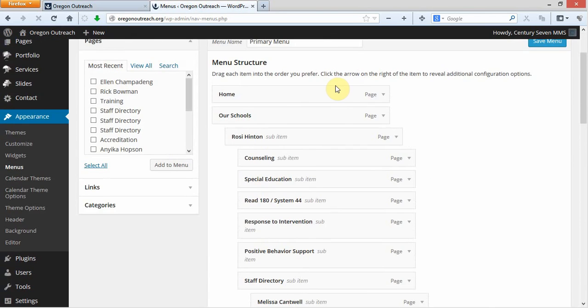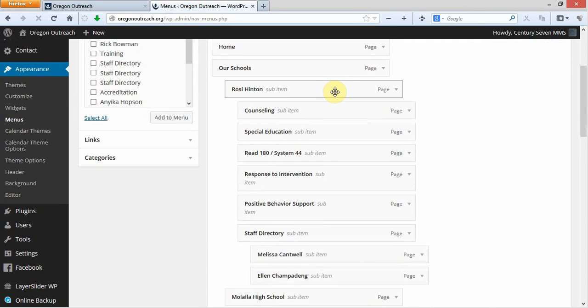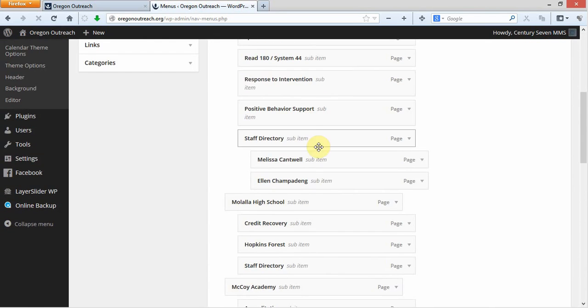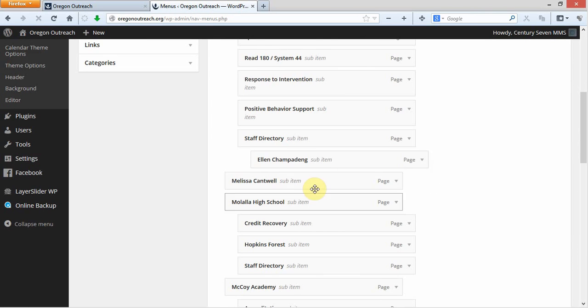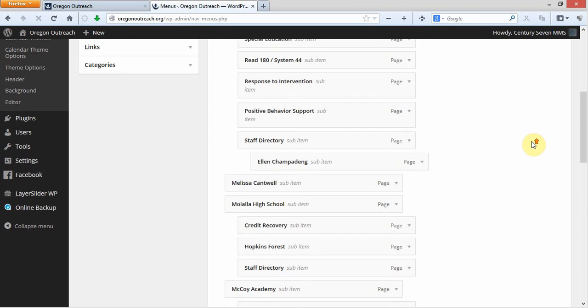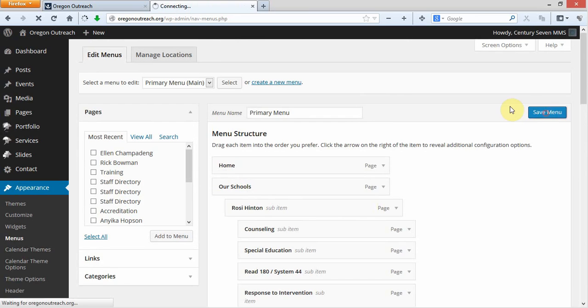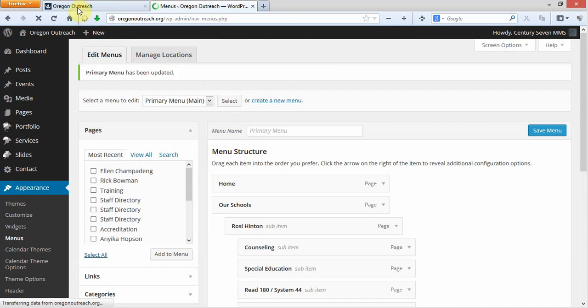So to change the order of these, as a matter of fact, is very, very simple. You can just drag and drop if I wanted to change the order. If I wanted to make this so where it was not a sub-item, I can just pull it over here, and now this will no longer be a sub-item. I'm just going to, for just a second, go ahead and save this menu. I'm going to go ahead and place this back in just a second,